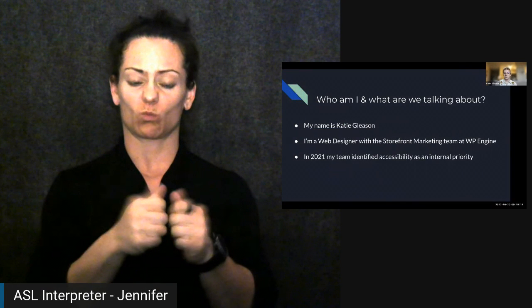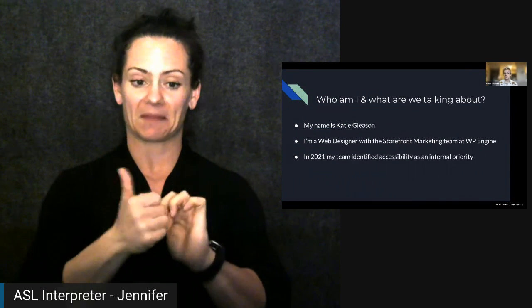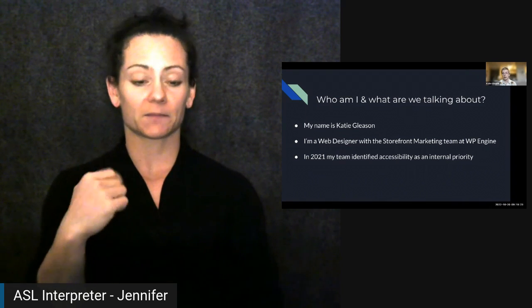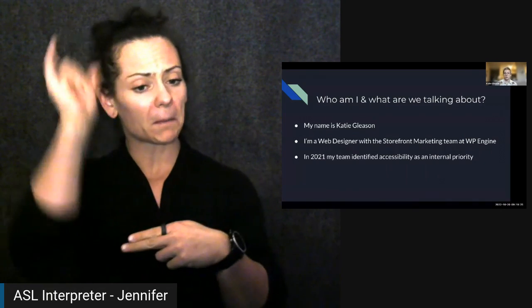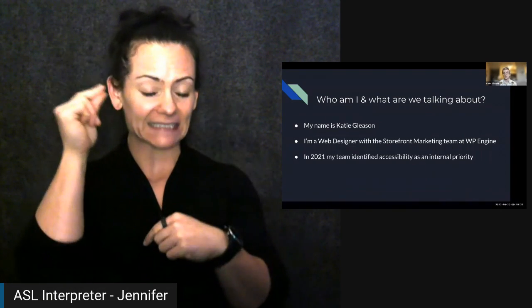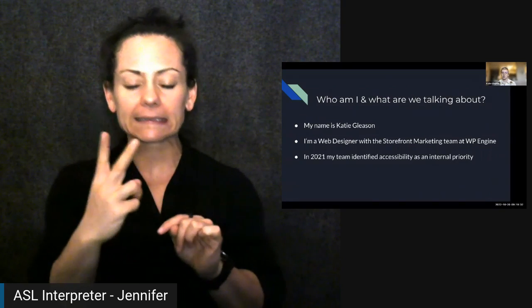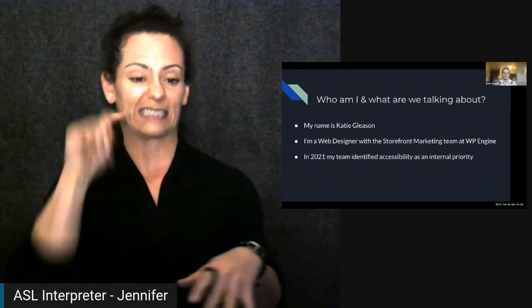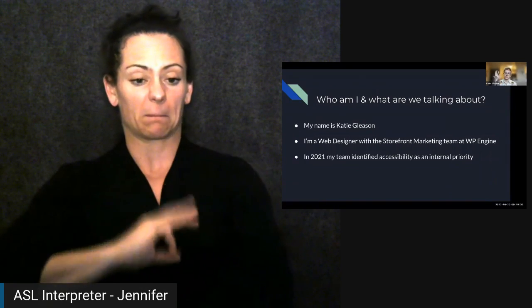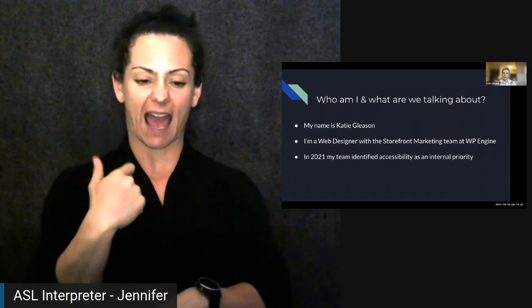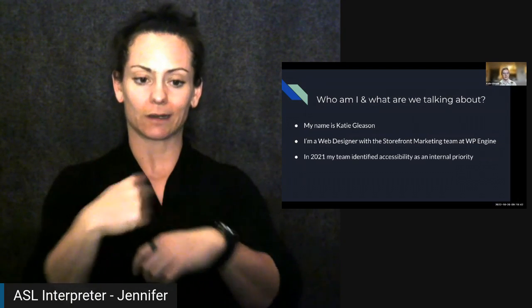So, like I said before, my name is Katie. I have short blonde hair, I wear glasses. They have green frames, but the frames are really thin, can't really see them. I'm currently wearing a tan short sleeve button down shirt, and I have a sleeve of tattoos on my right hand, which you might see as I use my hands to talk a lot. So let's get into it.